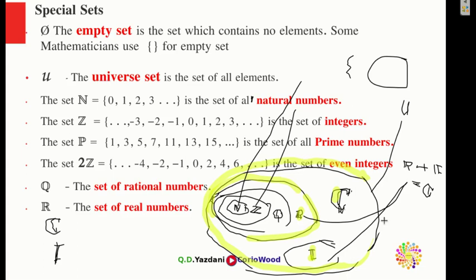So in simple words, natural numbers are a subset of integer numbers, and integers are a subset of rational numbers. Rational numbers are a subset of real numbers. The combination of reals and imaginary numbers, we can say, is a complex number. And sometimes you can see this one as